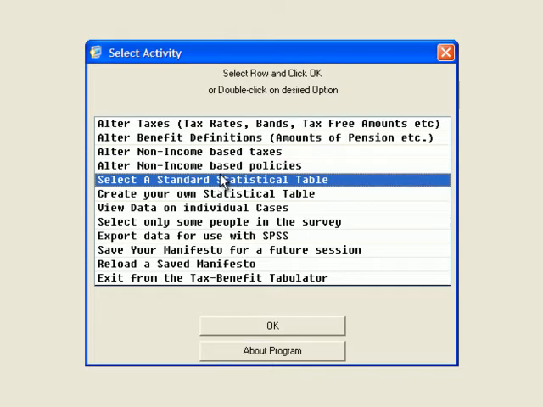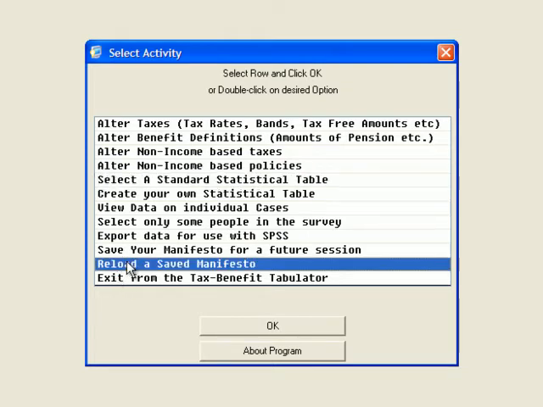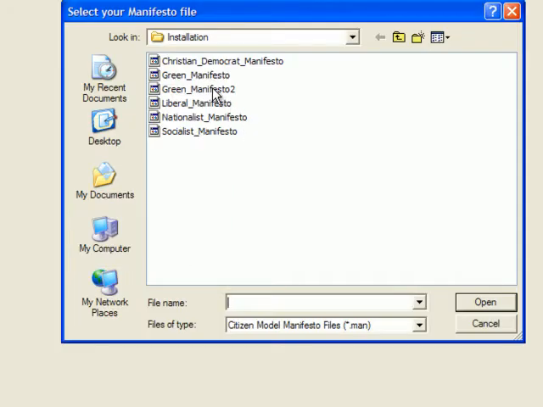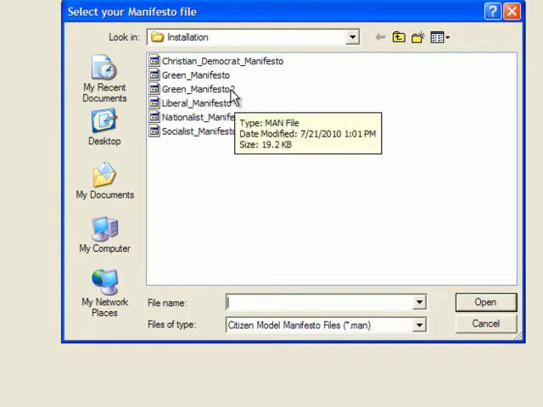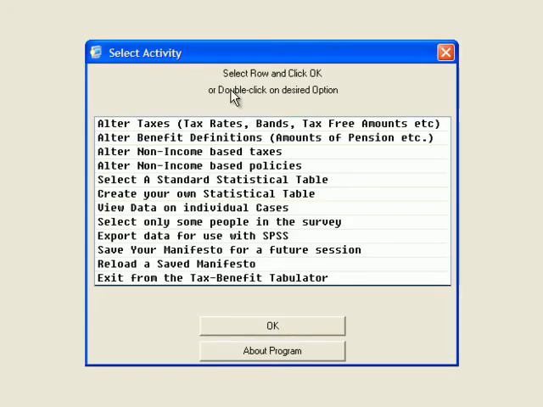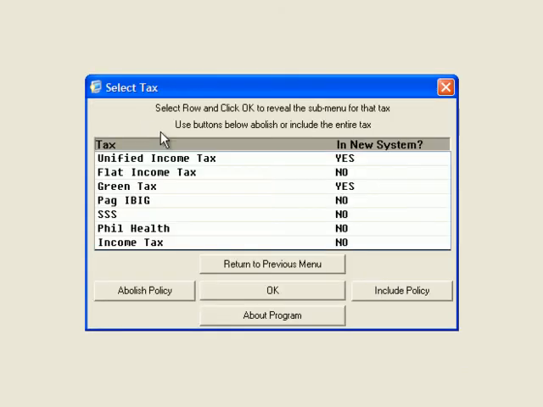Okay, the first thing I want to do is reload a saved manifesto. So I'm going to go to this option at the bottom, double click, and I get a list of those manifesto files that I've been working on before. Here I'm working on the manifesto file number 2, Green Manifesto 2, and double click and I go back to the original screen. To show me the settings that are in that manifesto, I'm going to click Alter Taxes, and